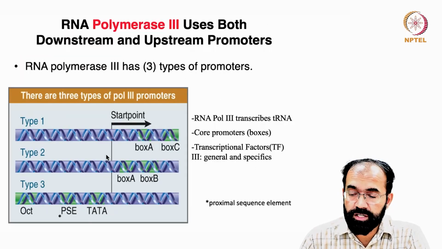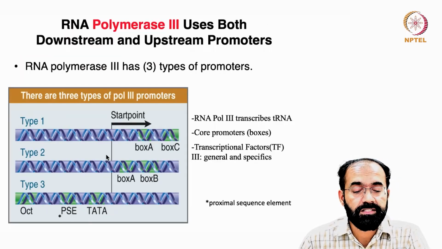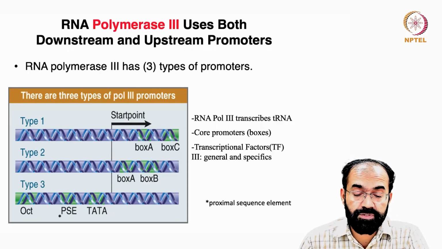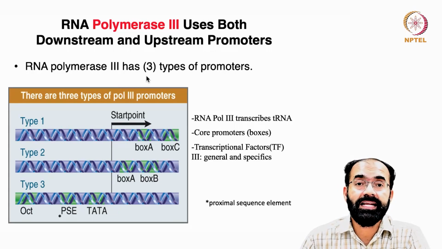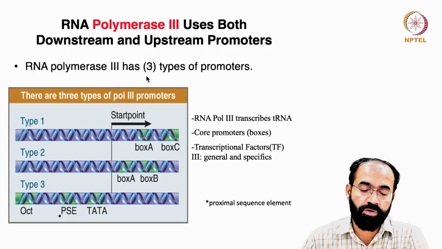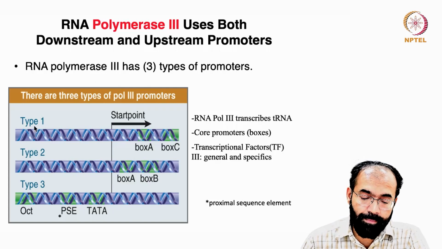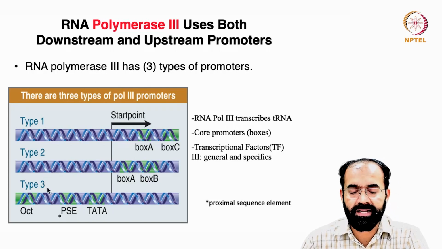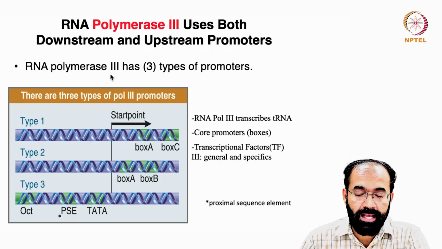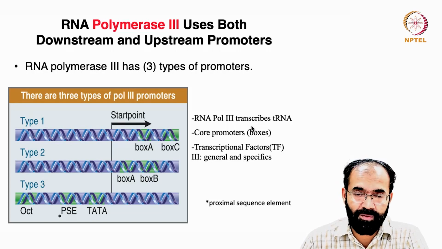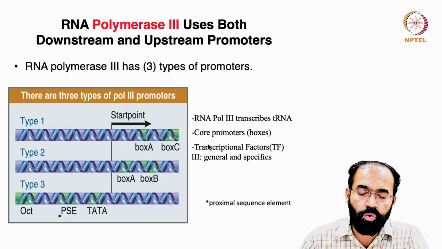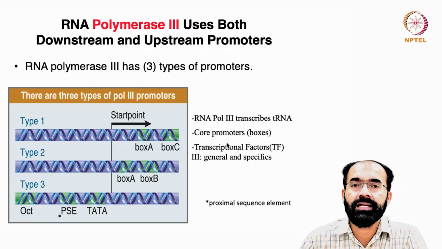Now if you look into polymerase 3, it uses both downstream and upstream promoter sequences, and polymerase 3 has 3 different types of promoters, like you can see type 1, type 2 and type 3. It is rather simple compared to the polymerase 2 promoter. RNA polymerase 3 transcribes predominantly transfer RNA and also 5S ribosomal RNA,